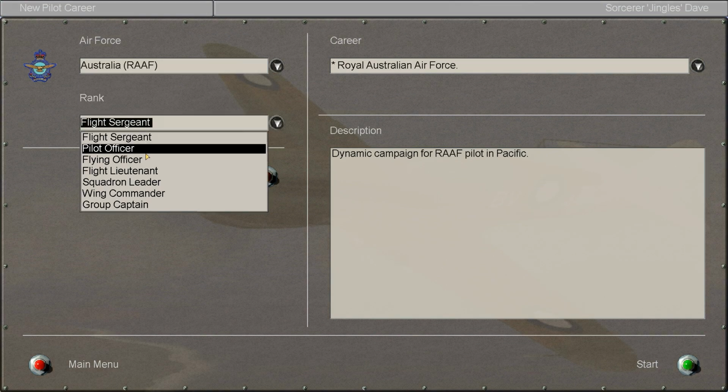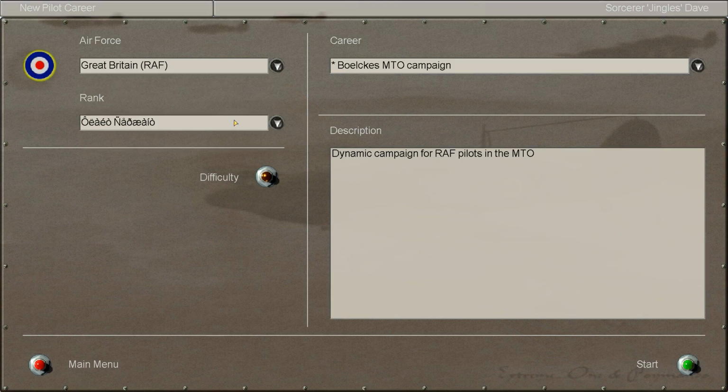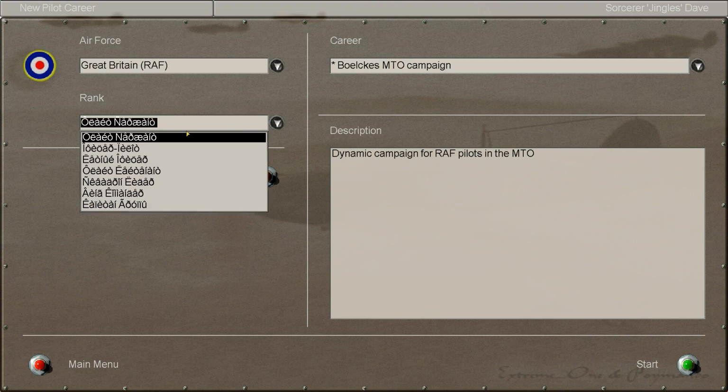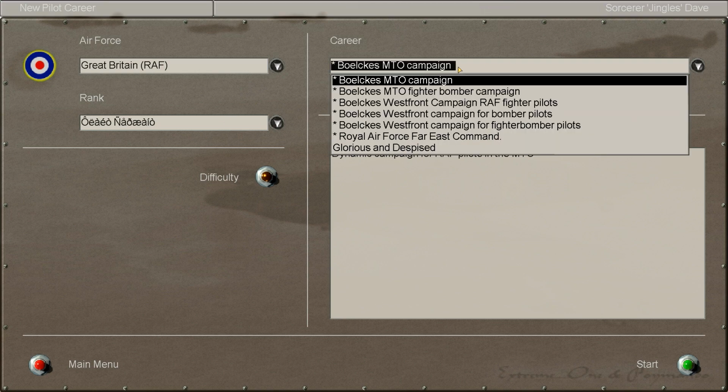So it goes Flight Sergeant, Pilot Officer, Flying Officer, Flight Lieutenant, Squadron Leader, Wing Commander, Group Captain. And on the briefing screens and stuff, it will actually refer to our ranks in English, rather than whatever language this is. But anyway, yeah, we're going to be starting off at the bottom of the food chain, so we're going to be a Flight Sergeant. And we're going to be doing...